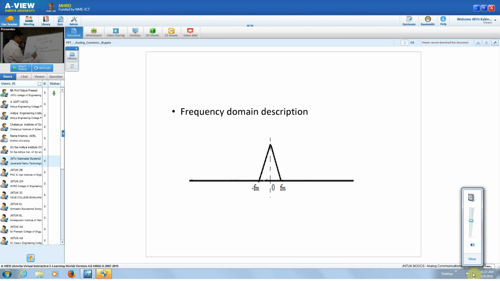This will be equal to, expanding this into cos A cos B, m of t plus Ac cos phi. For this we can write it as m of t